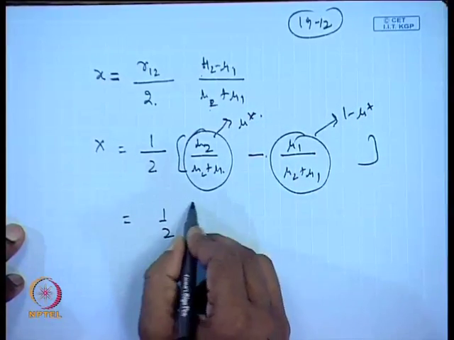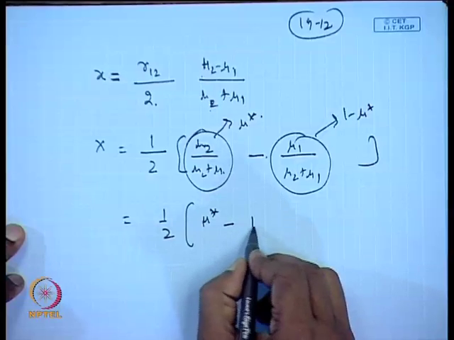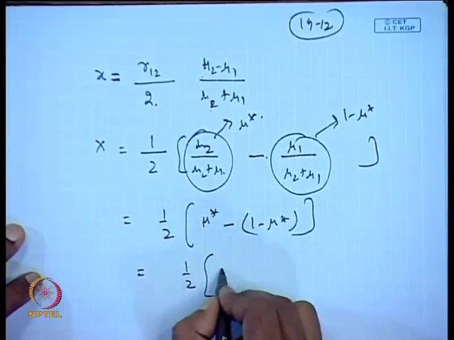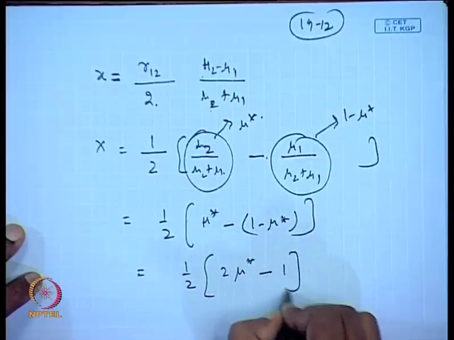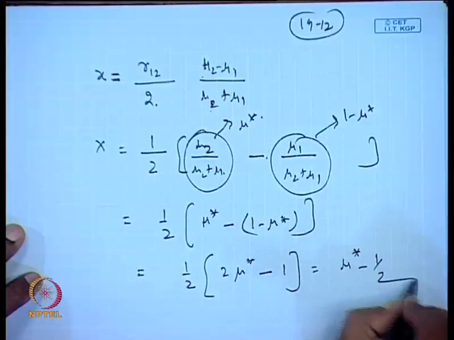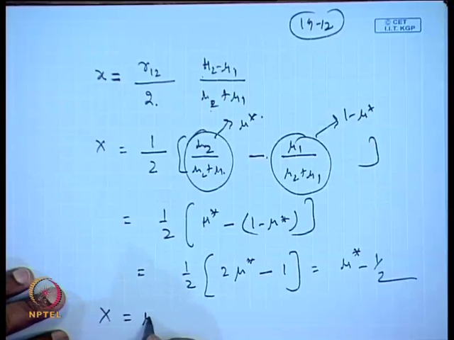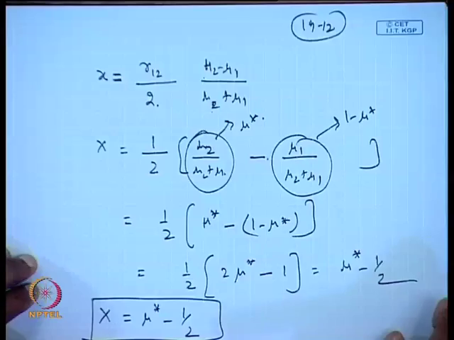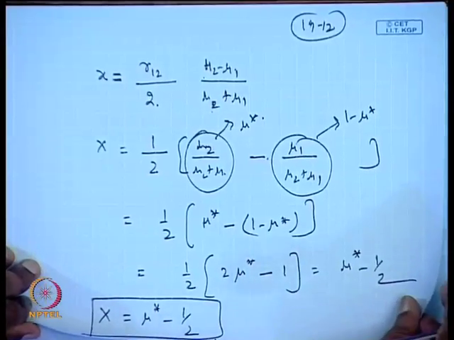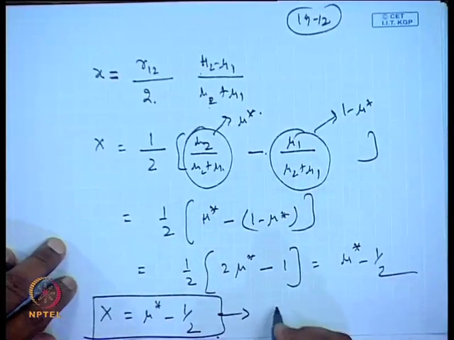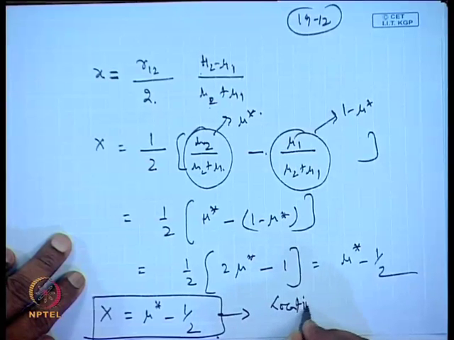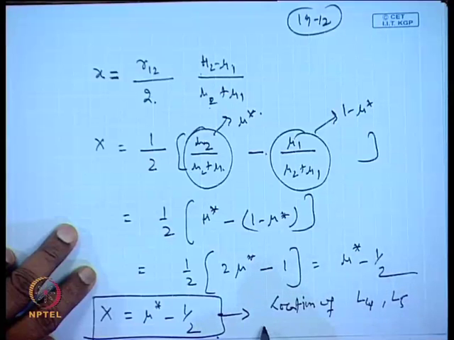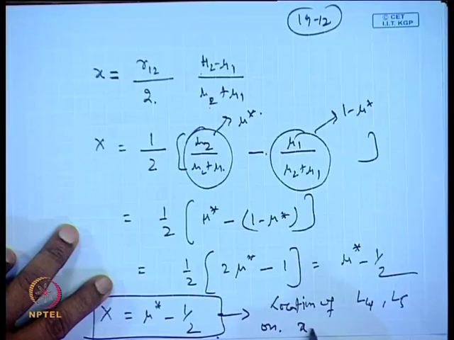So, what you get here is 1 by 2 times mu star minus 1 minus mu star. Okay, so, this becomes 1 by 2 times 2 mu star minus 1. So, this is mu star minus 1 by 2. So, x is given by this value. So, this is the location of L4, L5 on the x axis,